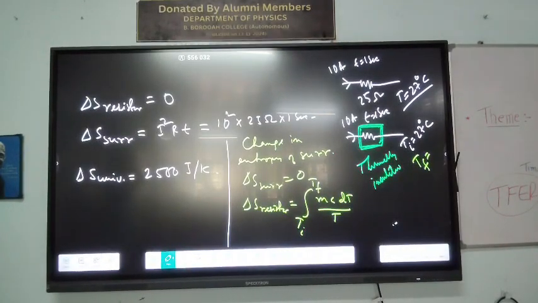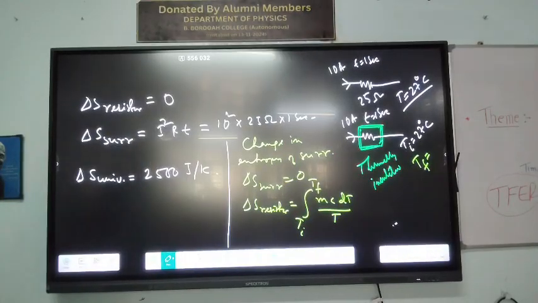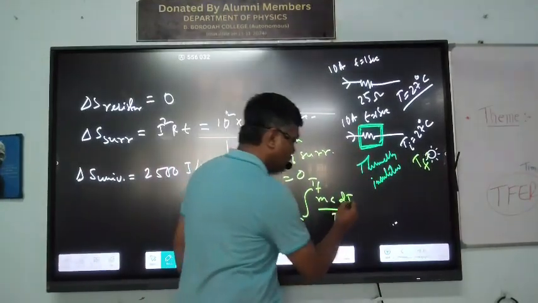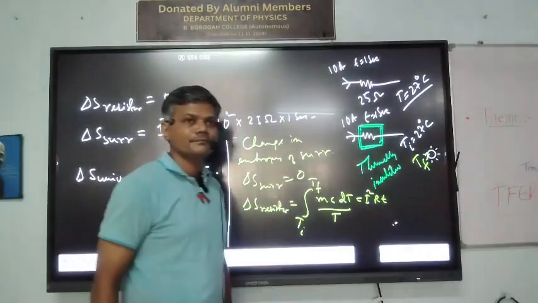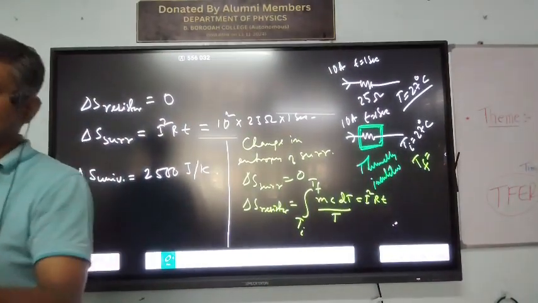So if temperature will rise from Ti to TF, then the amount of heat taken will be equal to mc d theta, which is nothing but I square R into t. Because that heat